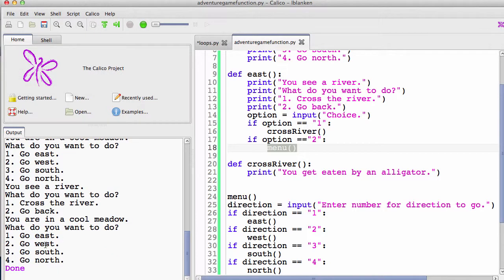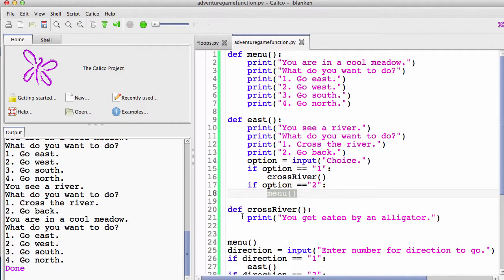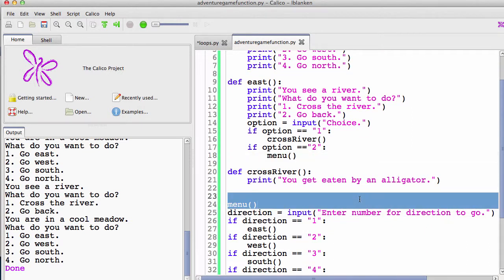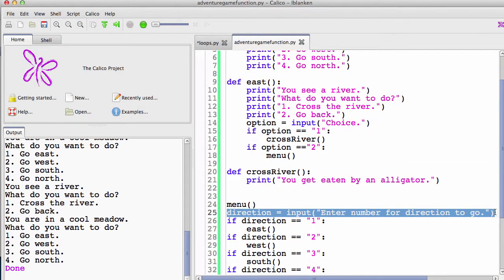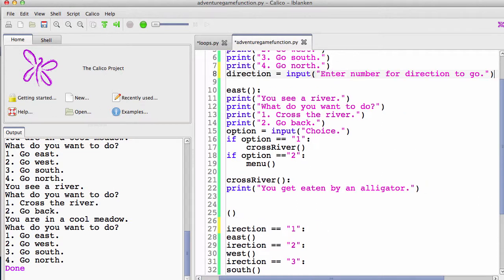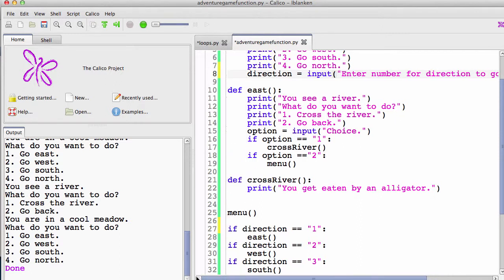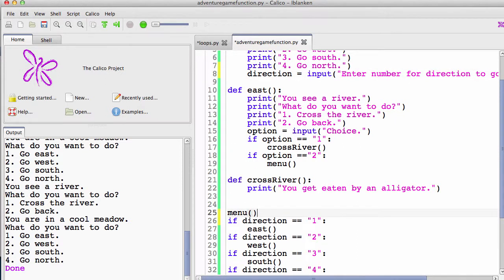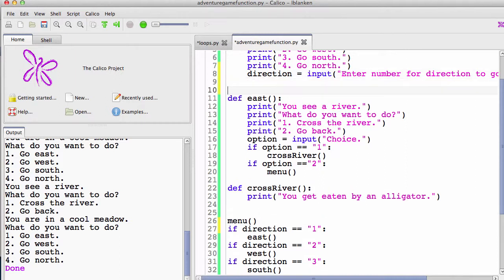Well, it runs the menu again, but it doesn't give us an option. And that's because we don't have an input thing down here. So we put that at the beginning, but maybe what we want to do is put it inside of here. Okay. So that means every time we go back from one point, it will always take our input. Now, the thing that we have to do, this is a little bit complicated, but it's not that hard, I promise. So what we have to do is,